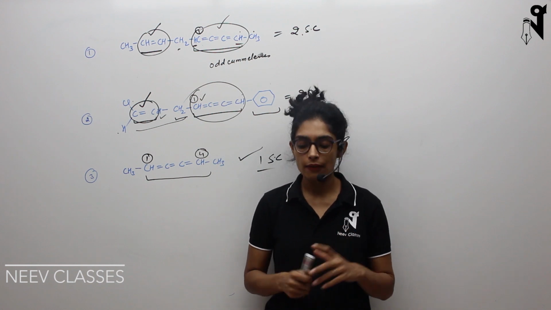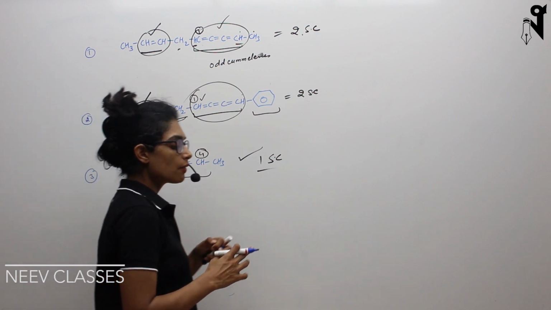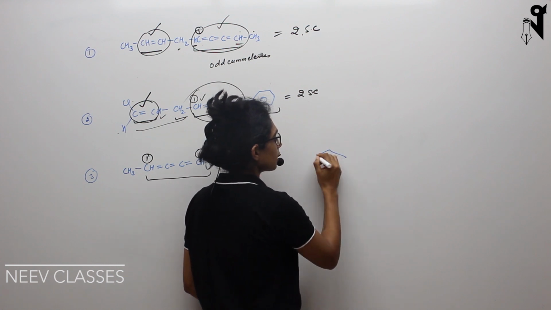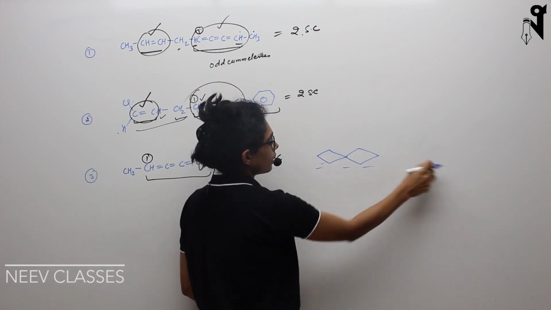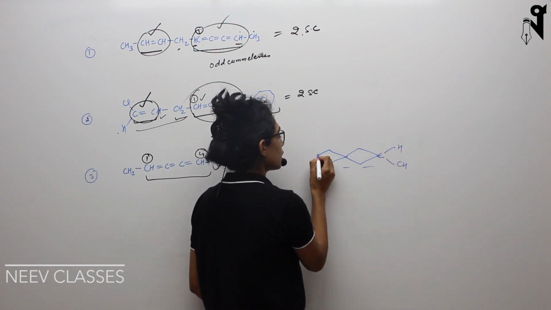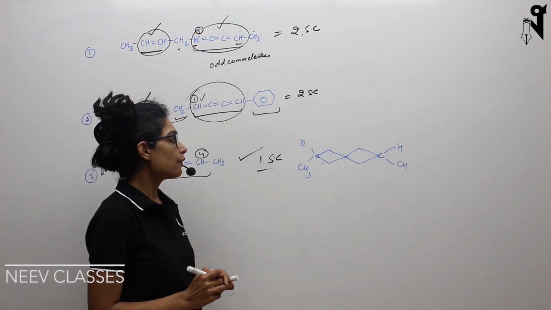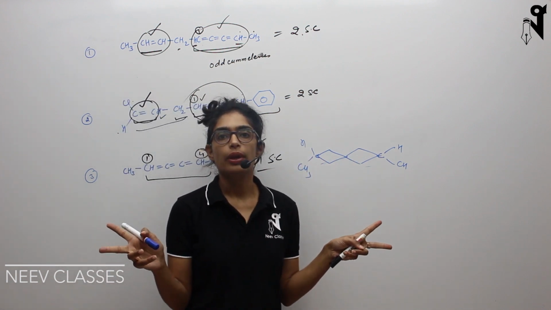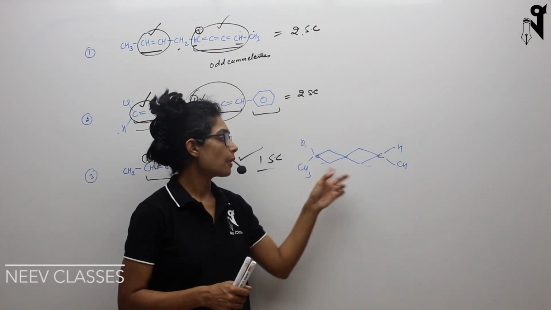Now, in a similar way, we can have structures where, instead of double bonds, we have cyclic rings and spiro rings attached to each other. So basically something like this. One ring is attached to another ring, and then further rings, and so on, with the carbons attached to it having H and CH3, and the carbon of it having H and CH3. So this kind of structure is also what we are going to discuss. If we have any spiro chains and the carbons of those spiros have two different groups attached to them, whether such chains show GI or not. So we will discuss these spiro chains now.